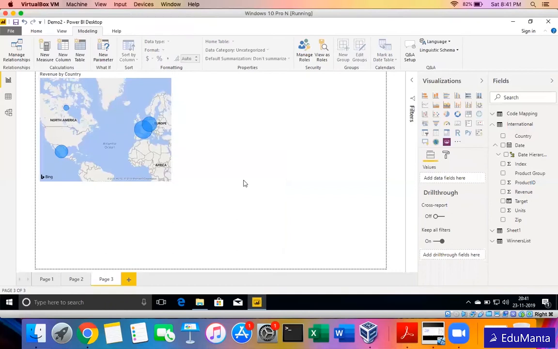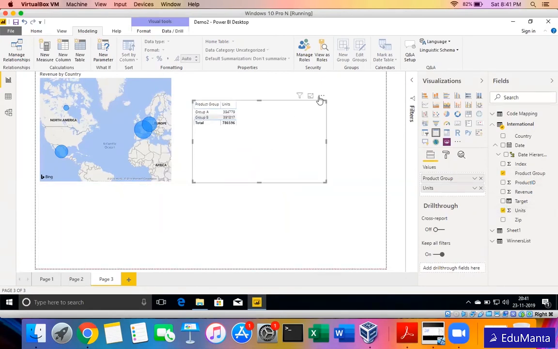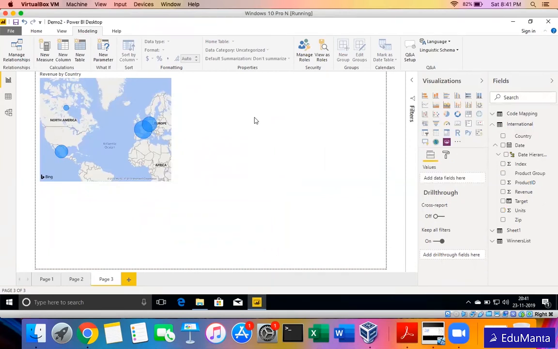For example, if I did not have geographical data and wanted just maybe product group and units, it gives me a table by default. So if you are not sure what chart to put, you can just select the values, a default visual will come up, and then you can change it later depending on your requirement. And if you have a specific design in your mind, then sure, drag that particular visual and then start putting in the numbers accordingly. So either way you can design your reports.